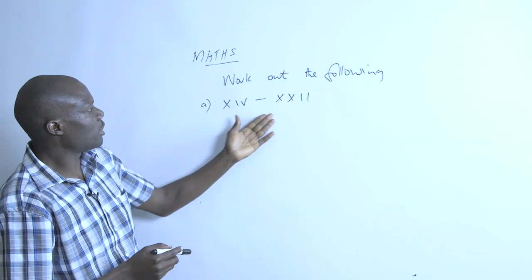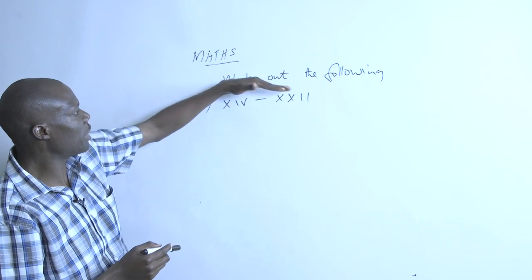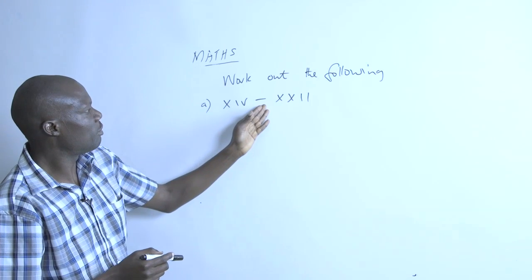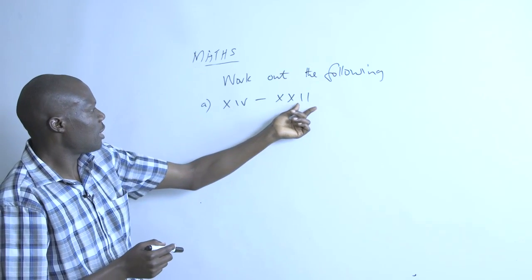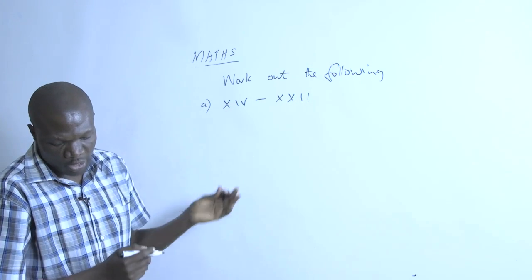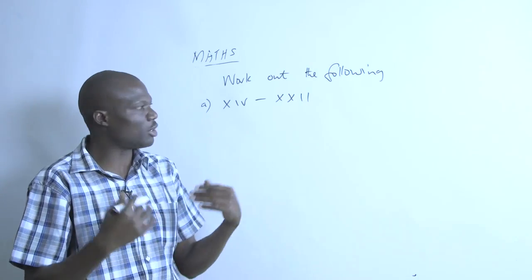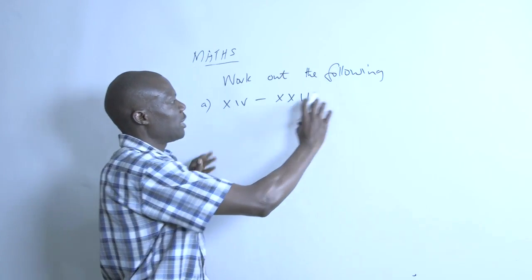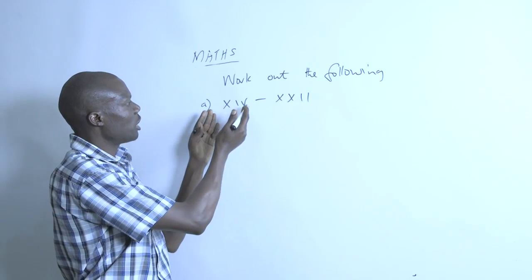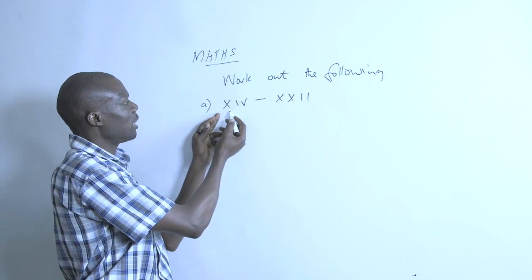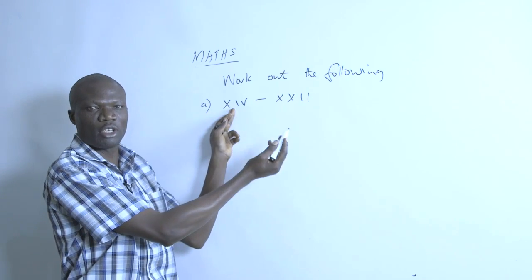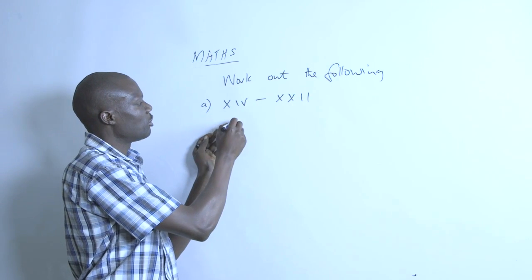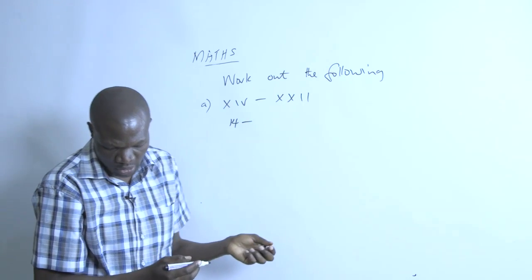So there's a problem to be solved. You have been given in Roman numbers, subtract XXII from XIV. For us to work out this, we first need to convert it into ordinary number system and then subtract, and then we change. We should leave the answer for this in Roman number system. So first we ask ourselves, the first piece stands for what? This is 10, and this is 1, this is 5. Because 1 is on the left of 5, so this is 5 minus 1. So we realize that this one gives us 10 plus 4, which is 14, minus